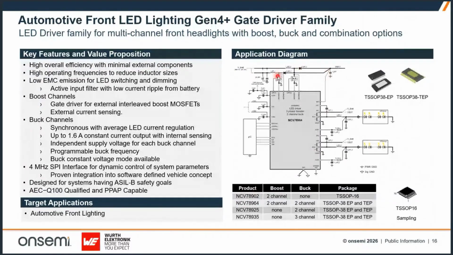You can see you have boost inductors here, so you've got an interleaved boost, and then you have multi-channel buck stages. If you look at some lighting designs, they have maybe 11 channels. They have a lot of buck channels, and obviously generally one boost channel to support that. And that requires a lot of